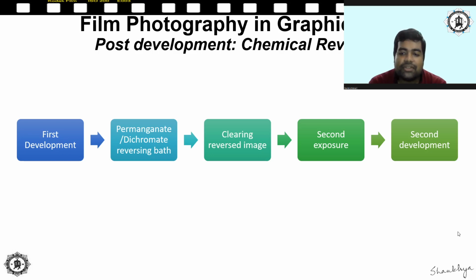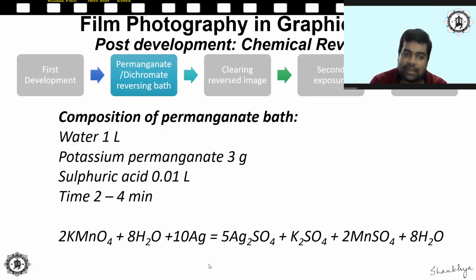This is accomplished by either re-exposing to light or through chemical reversal, followed by secondary development. The second developer reduces all of the silver bromide not affected by the initial film exposure and left behind in the second stage. At the completion of second development, the film is now a positive. Alright, so here you can see all the reactions.